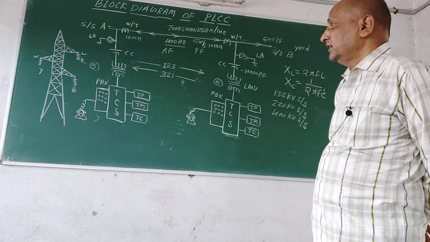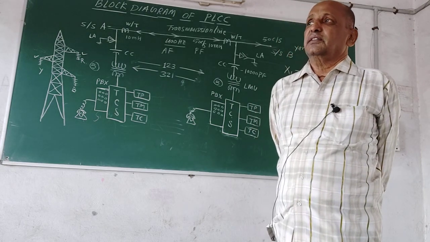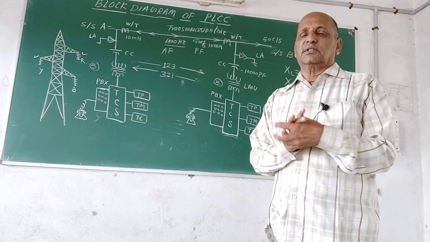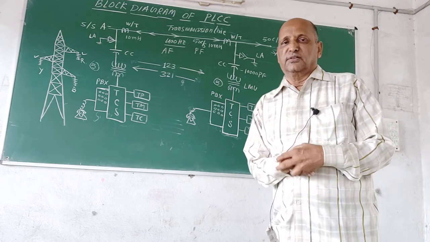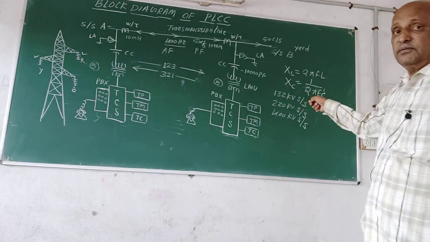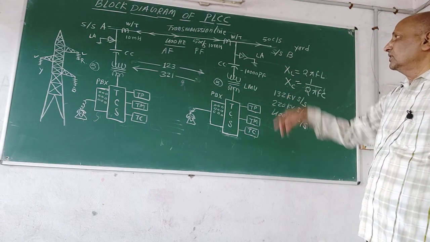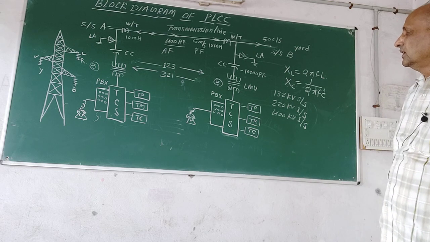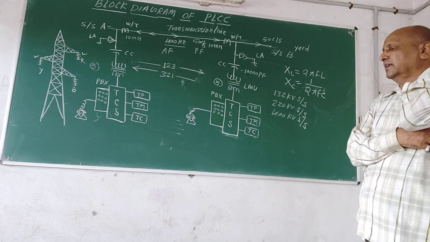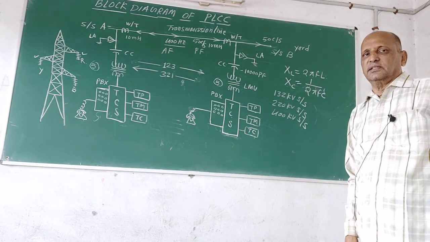Then for telecontrol, the parameters of frequency, voltage and current are all controlled by the telecontrol unit, so that the whole system operates under stable conditions. Here the 132 kV, 220 kV and 400 kV substations are carrying all this PLCC arrangement, and in future whatever new substations come at 750 and 1050 kV will also be connected by the same PLCC arrangement.